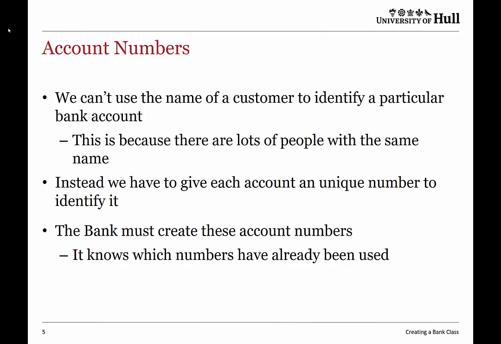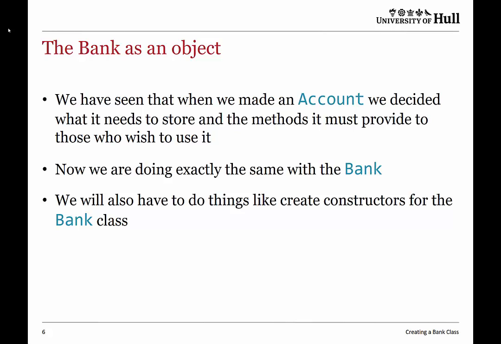You have to have a unique number for everybody, and so that's what we've done, and the bank must deal with this. In my simple-minded bank, I've actually got a counter that counts up from 1. So the first account is account number 1, second one's number 2, 3, 4, 5, 6. The bank is the place that actually produces those. And every account I work on, I'll get the bank to make it for me, and the bank will pick an account number which actually makes sense. And the bank knows which account numbers have been used and makes sure we don't reuse any more. As far as we're concerned, though, I want to just spend a few seconds thinking about the bank as an object. Okay, so